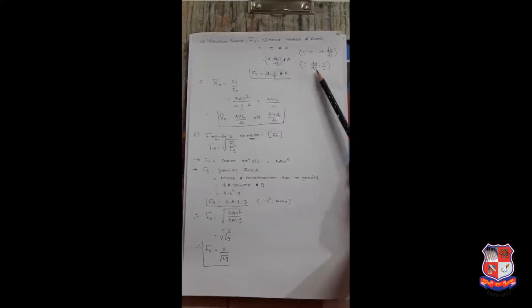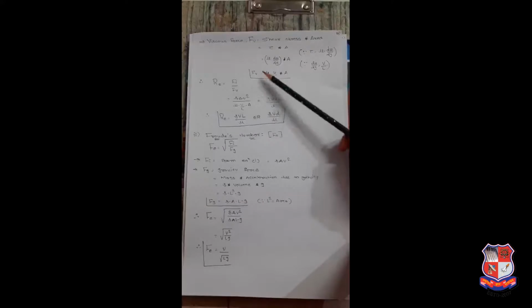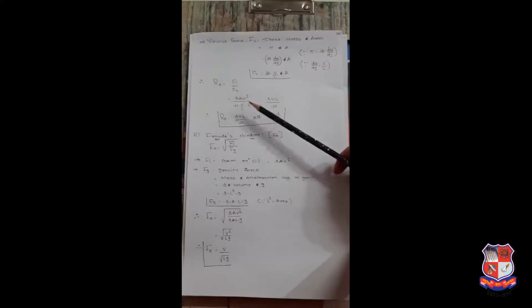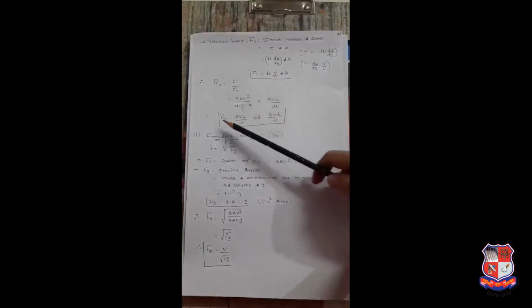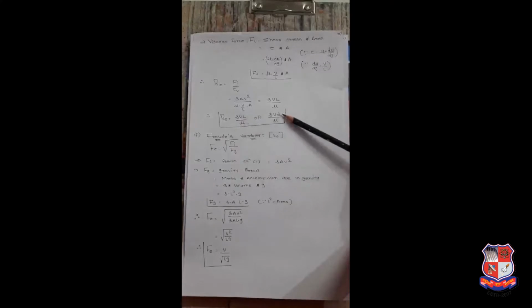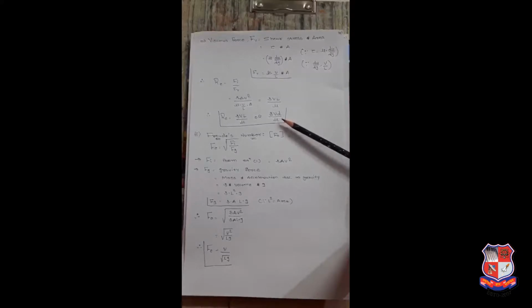Now du by dy is the velocity gradient, and it can be written as V by L. So viscous force is equal to mu into V by L into area. So finally, Reynolds number is the ratio of inertia force divided by viscous force, rho A V square divided by this. By concluding this equation, we get the Reynolds number equation, rho VL by mu. For pipe flow, instead of length we can write this equation in terms of diameter, rho Vd by mu. So with the help of forces, we get the equation of a dimensionless number.